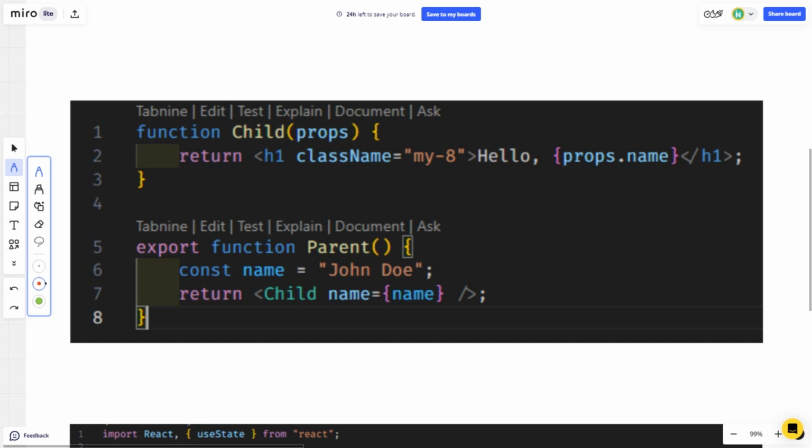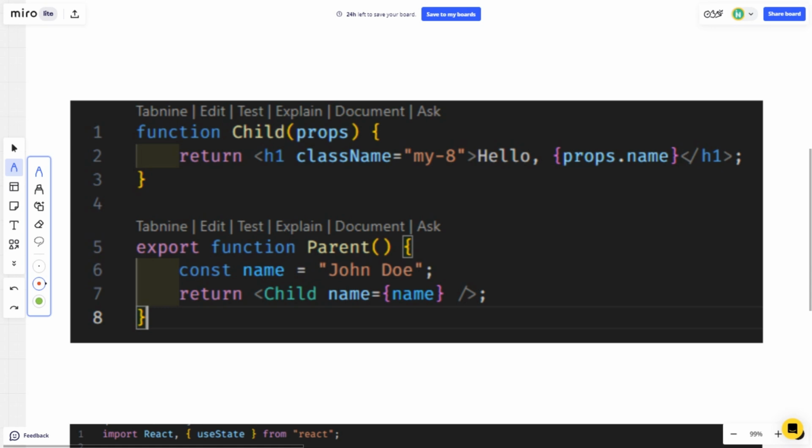The props are passed to this child component, and this child component is using that name and returning it as a component output.